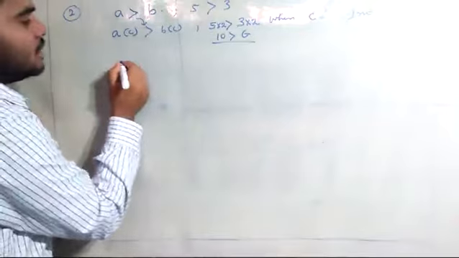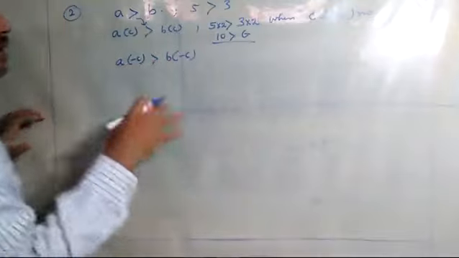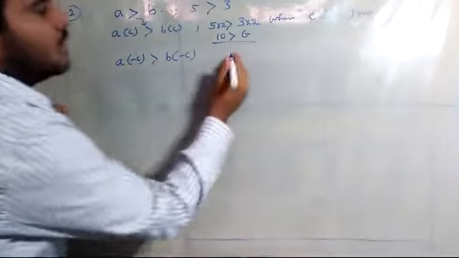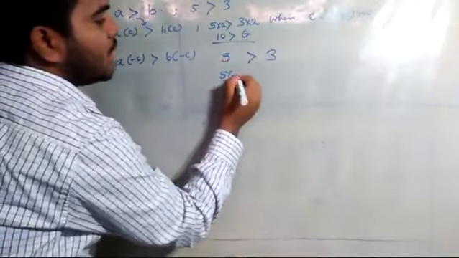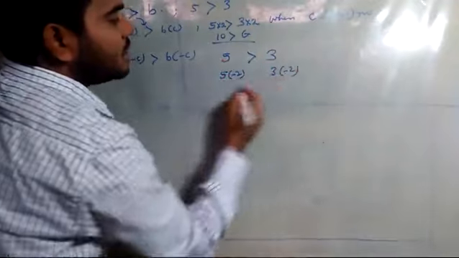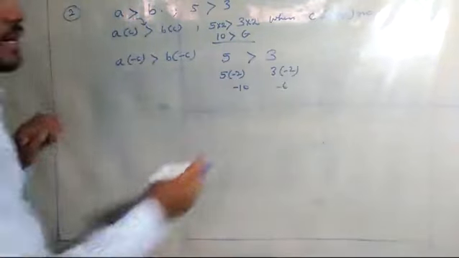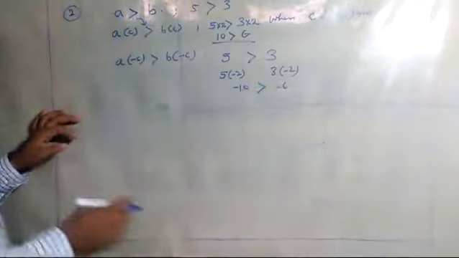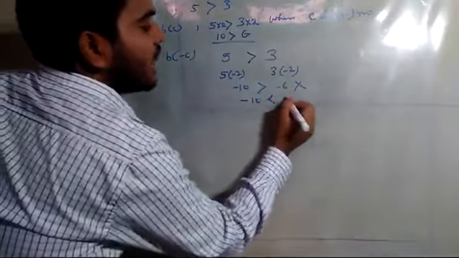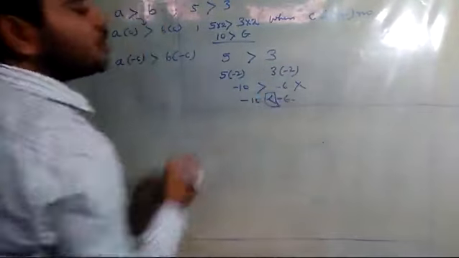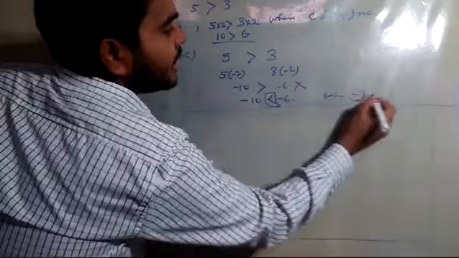But if I multiply by a negative number, then what miracle is going to happen? Let us see here. 5 greater than 3, clear? If I multiply by minus 2 here, 5 2s are 10 with a negative sign, 3 2s are 6 with a negative sign. Now which number is greater? Can I write that minus 10 is greater than minus 6? It will be wrong. So the miracle happened here, that the sign of inequality will change. The sign of inequality will change when we multiply by a negative number.